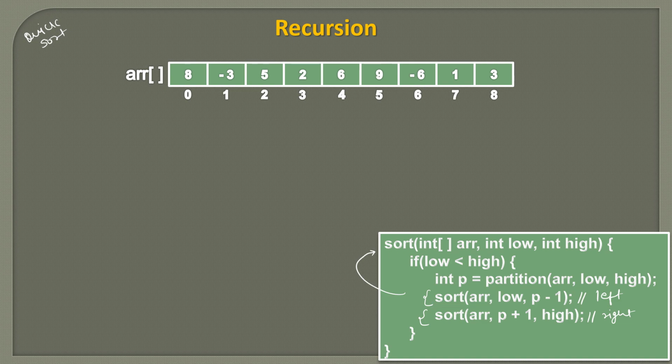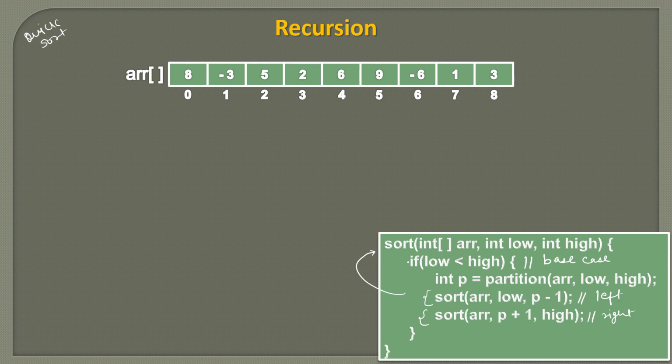After the partition, we are actually rearranging the array in the partition method in such a way that the element present at the partition index, which is the position of our pivot, is correctly sorted and placed at its proper position. So with one partition we can get one element and place that element at its correct position such that that particular element is sorted. And we will keep on doing this recursion till low is less than high. So this is our base case.